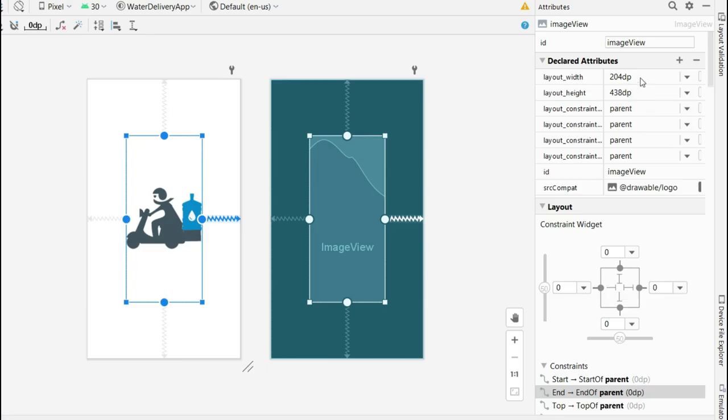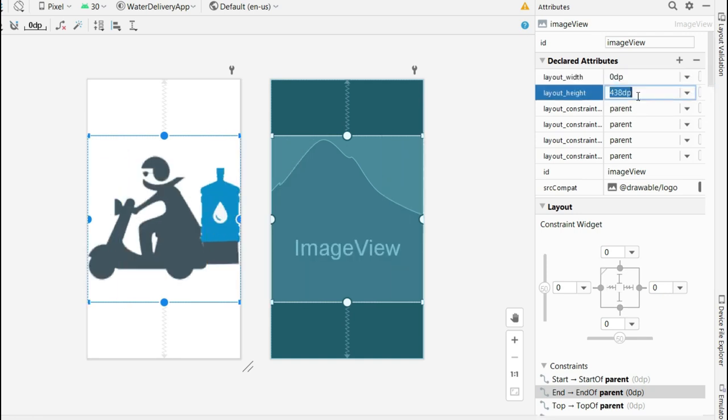Currently our image is covering 204 dp in width and 438 dp in height. This is not the real case. We will have to set its height and width dynamically by using the constraint layout. For this we will have to set its aspect ratio. From the width, select 0 dp to match constraints and set the height as 200 dp.